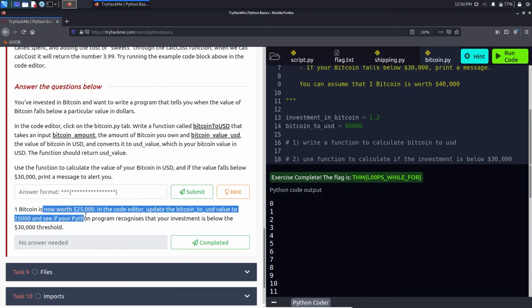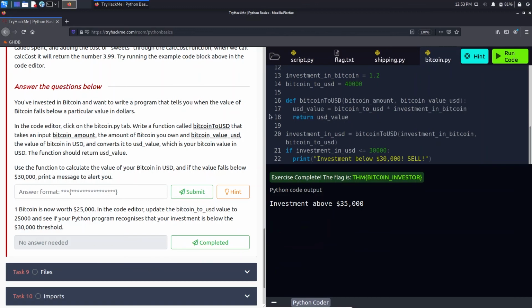I will just write the code in my VS Code and return in a short while. As you can see, I wrote the code and it ran successfully, giving us the flag.